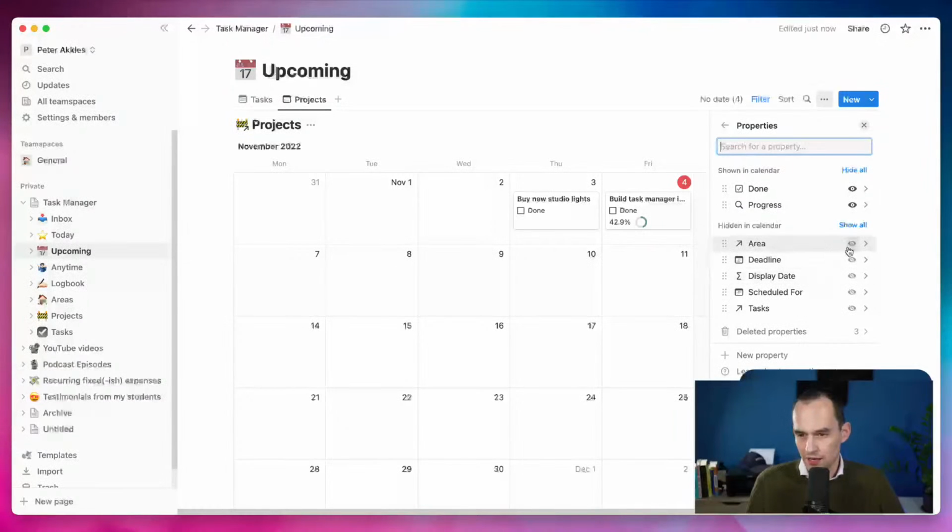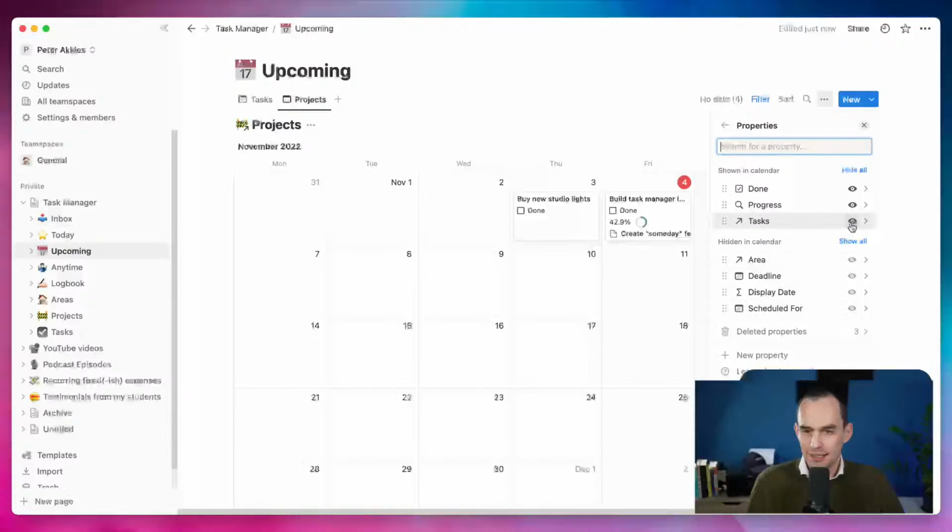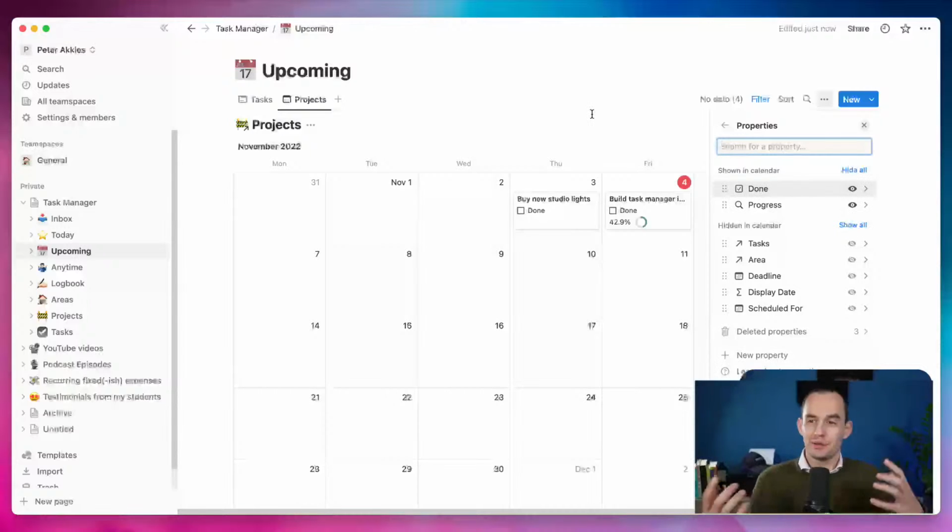We can show like the area. Doesn't make that much sense. We can show tasks if we want to. I think that makes it a little bit cluttered. But, that's obviously one of the things about Notion, right, is you can customize it to an insane degree. And that's kind of part of the experiment that I'm doing here, is I'm trying to figure out, can I build something that works, that is simple to use, easy to use,